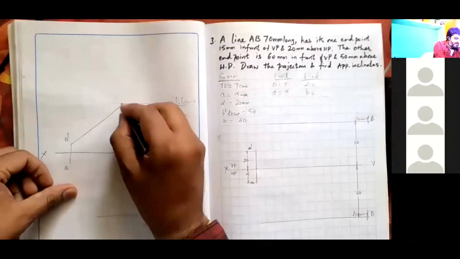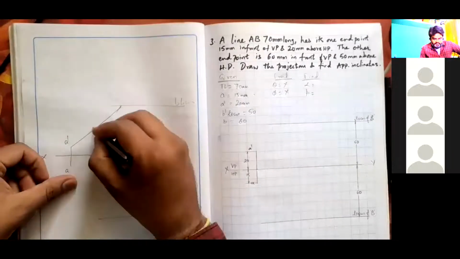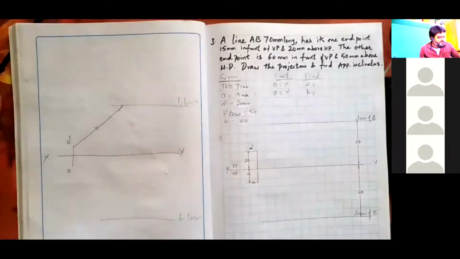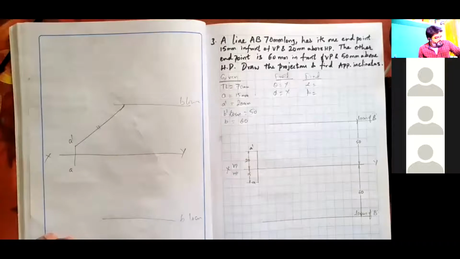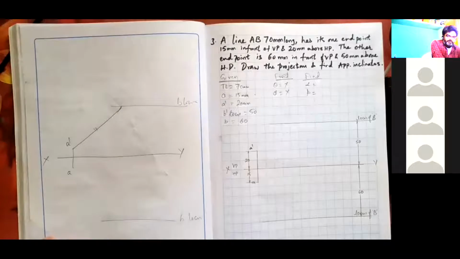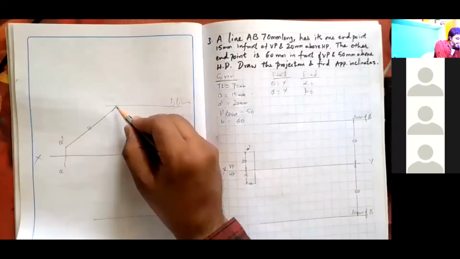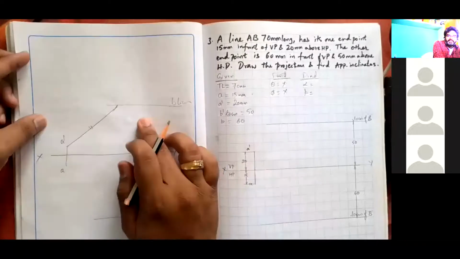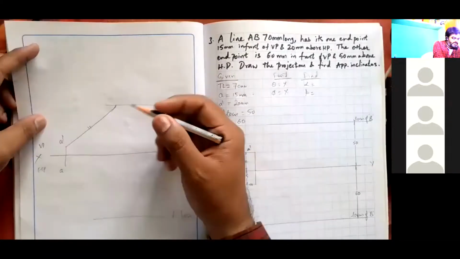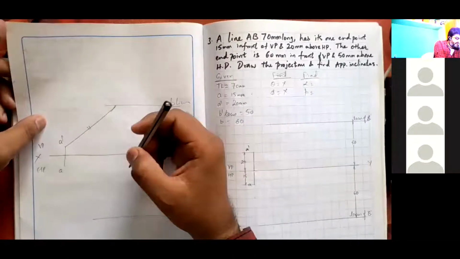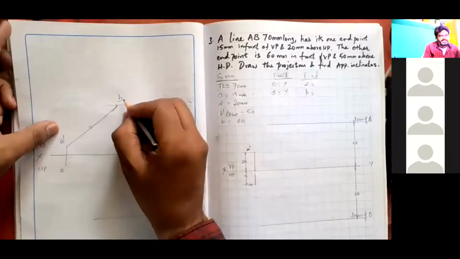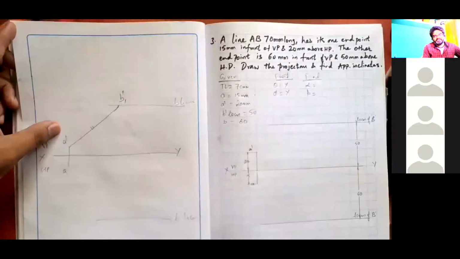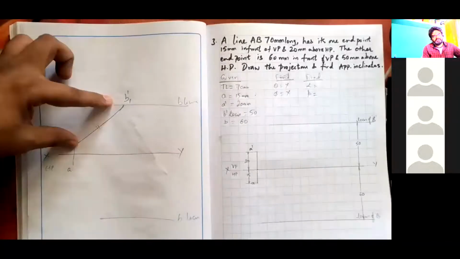What is this? Can you name this position? A1 dash. See, this is the true length. True length can be drawn on any plane of projection, that is VP here, only when you are making it parallel. But in this case, the line is inclined to VP, but it is not parallel. So for the first time, I am making it parallel to VP. So that is B1 dash. It is not the front view. It is not the B dash. Still, I have to find out the B dash. So that is very, very important.